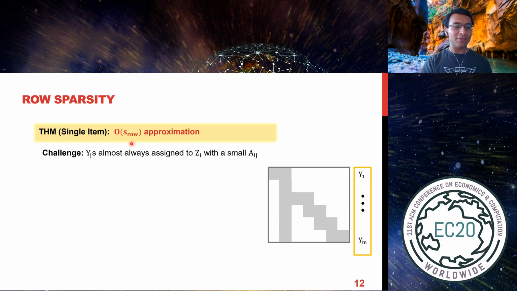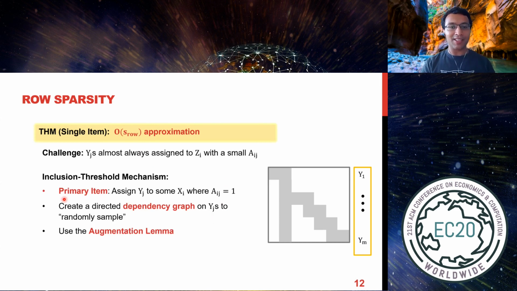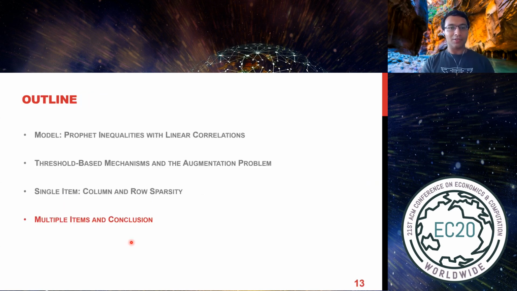And the same idea also works even for S_row approximation. But one has to be a little more careful how one discards these random variables. So I won't go over this detail, because the trick comes from the fact that some of these Aij's could be really, really small, so it does not help to just randomly discard. But we are able to construct some dependency graph, based on which if we carefully ignore some of these variables, then one can still argue that each Yj is surviving with a decent chance, and then you can apply the augmentation lemma.